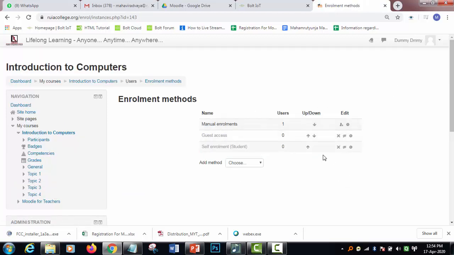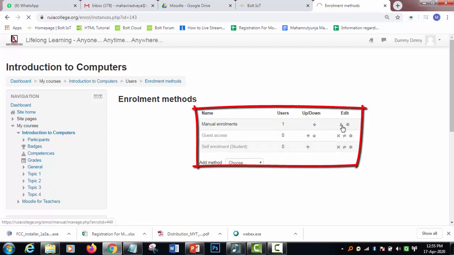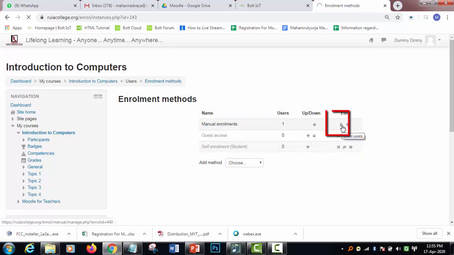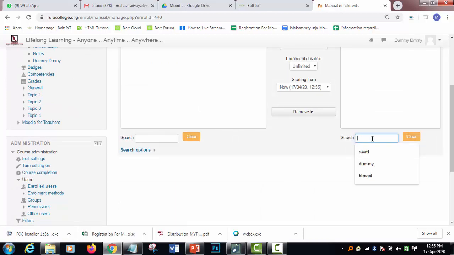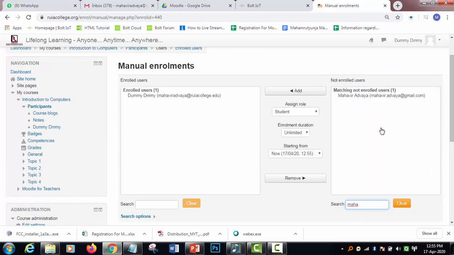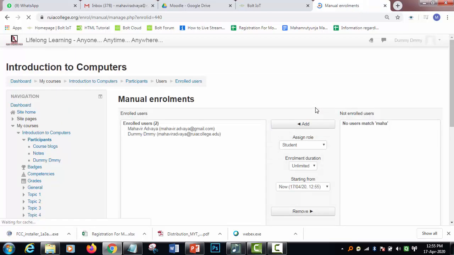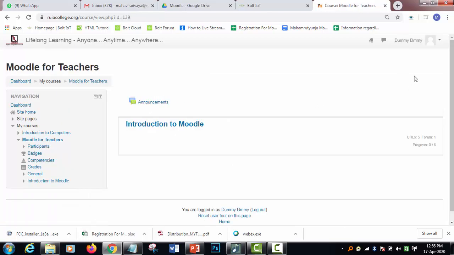and you will see there is a manual enrollment, and click on this icon, enroll user, and here you can select the users that you want to enroll for your course. So you select the user. So say for example I'll select this, and your assign role. So what role you want to assign, the student role or non-editing teacher. So you'll select the student, and this user will be added as a student for this course. This is how we create a course and enroll the students for a course.